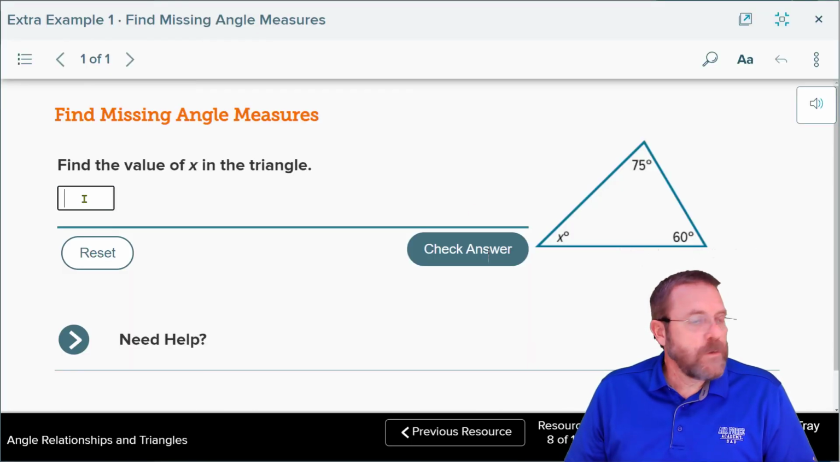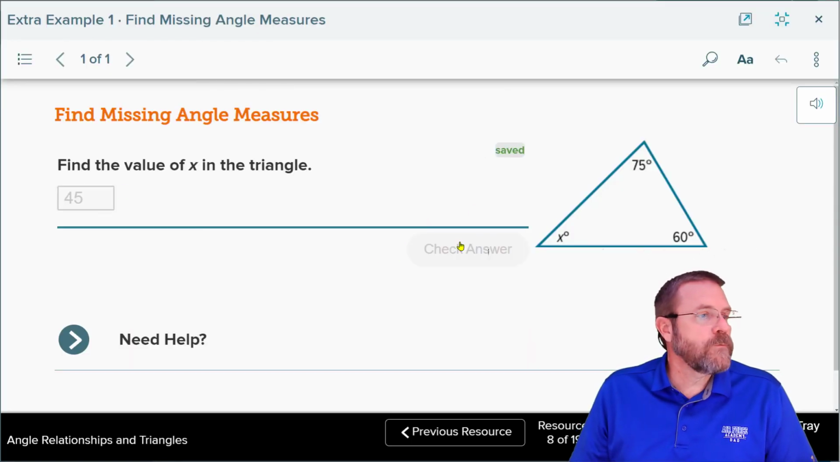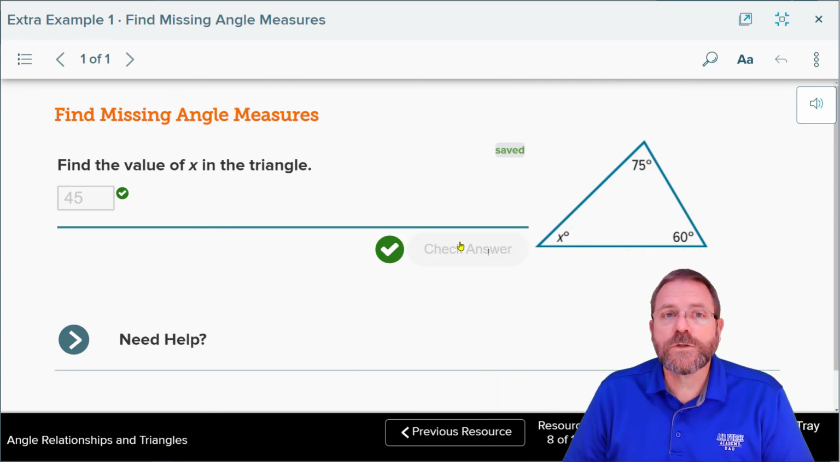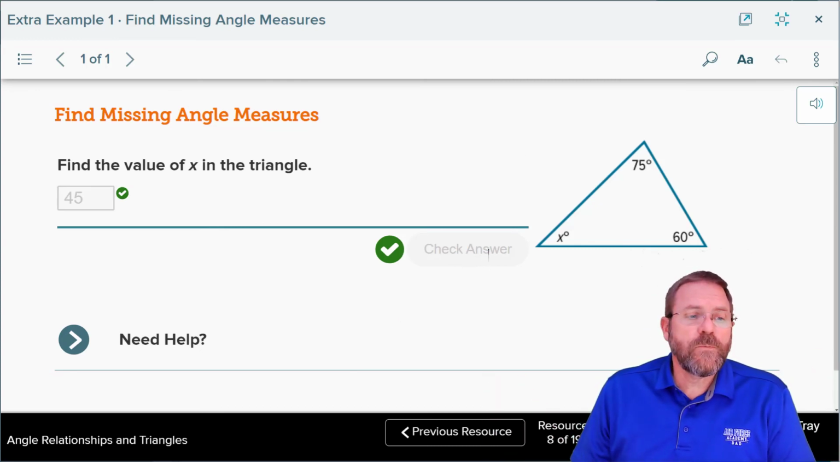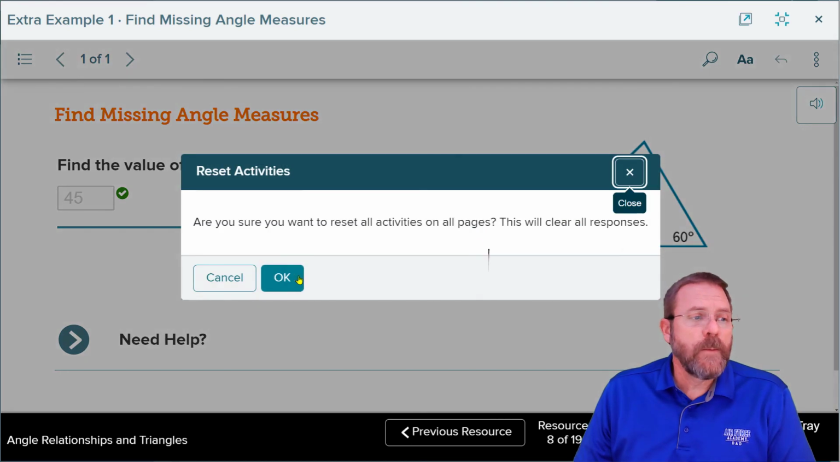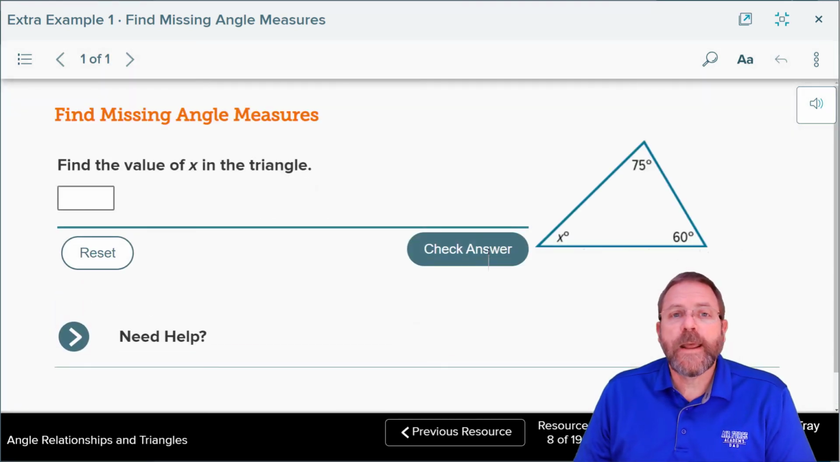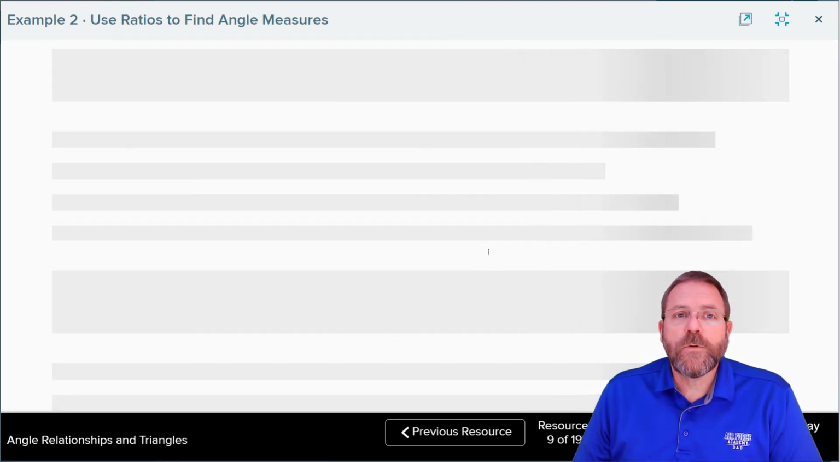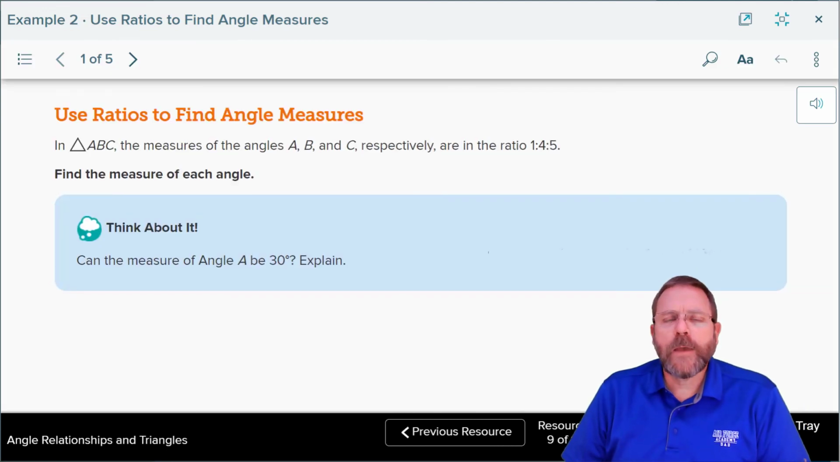Jump back over here, type in our missing 45 degrees, and the answer checks. That's all there is to doing these problems. Super simple, but you do have to show your big kid algebraic supporting work if you would like to have credit for it. I think this is a good place to end part 1 of this video. Come back and look at part 2, where we're going to start dealing with finding the measures of some more angles here with a